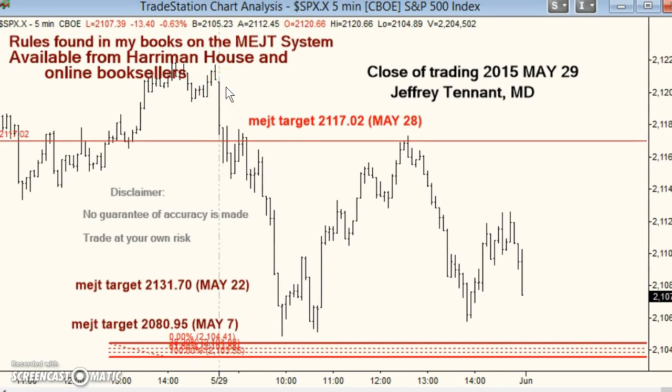My last call said there was a mejt target of 2117.02 that printed and was a very good resistance level throughout the day. I also said I expected us to get significantly more than that level, and we did. During the day,